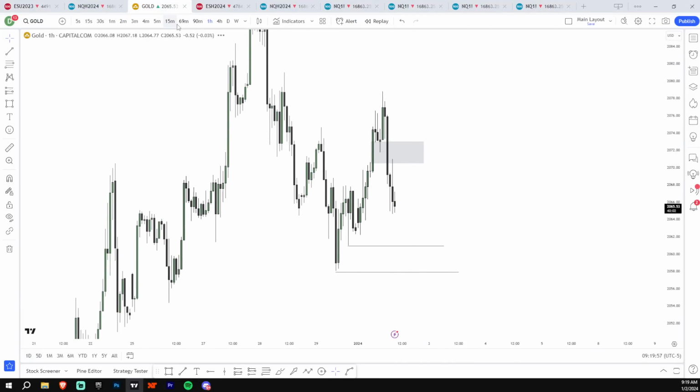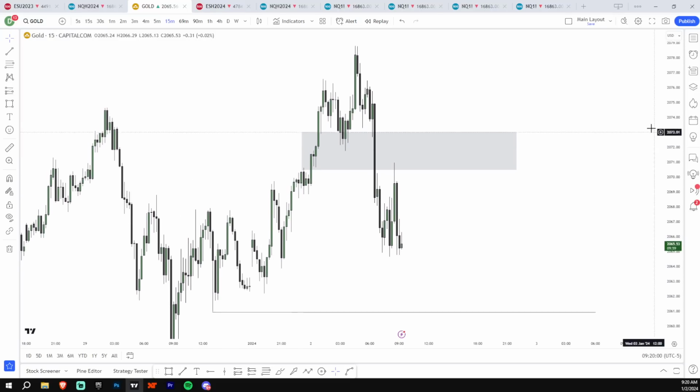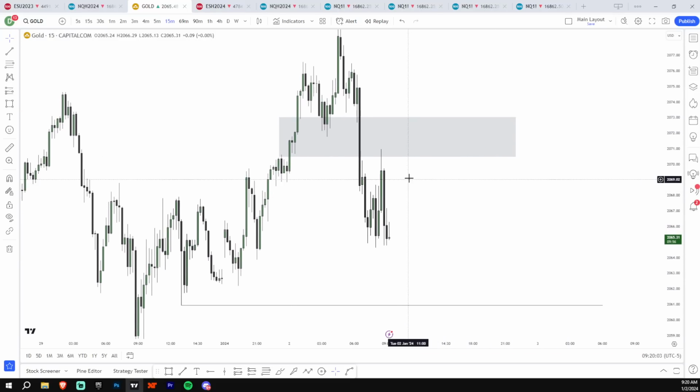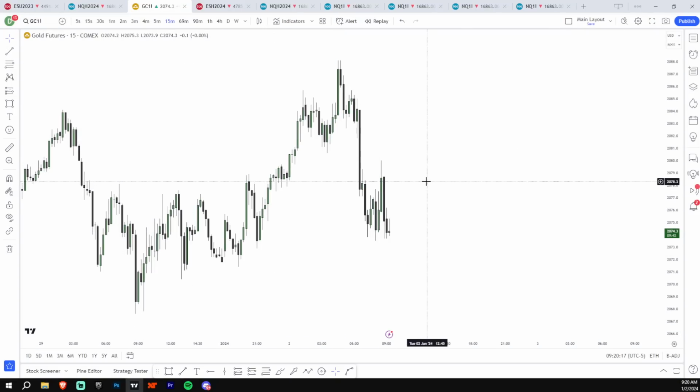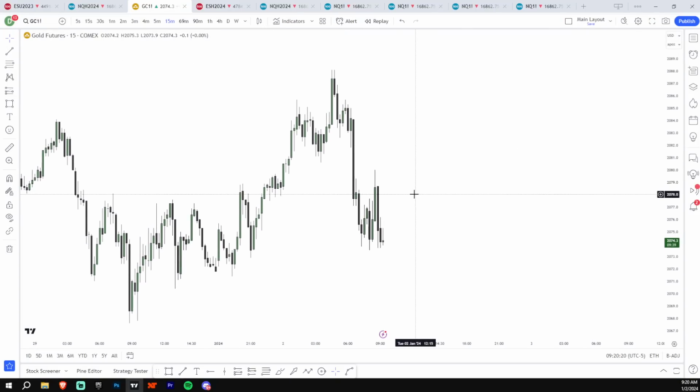Yeah, let me check. No, there's no equal highs on gold here. What level are you talking about on gold? I don't look at gold futures. There's still not equal highs here. And again, remember what I say about these equal highs. These equal highs are like right next to each other. I don't really care about these. The equal highs that are major, the ones that are kind of more than 3 candles apart. Like these ones just aren't that significant.